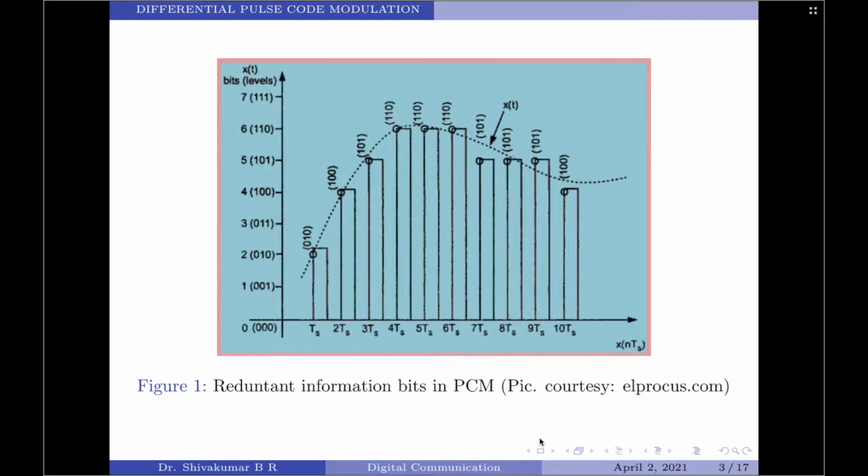We note that each sample amplitude is encoded by using 3 bits. For example, this sample amplitude is encoded as 010, the next one is encoded as 100, the next one is 101 and so on. Please note these 3 samples have the exact same code word, so are the next 3 samples as in the diagram here. Further, as an interesting note, we find that the neighboring sample amplitudes differ only by a very small value. In other words, the neighboring samples are said to have high correlation.